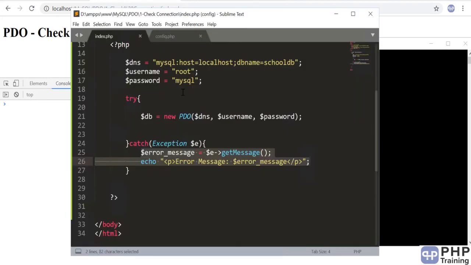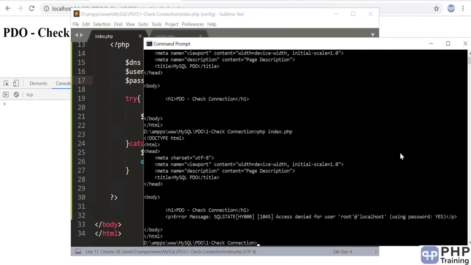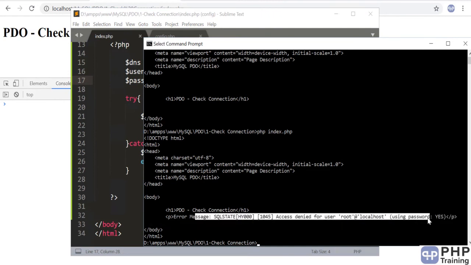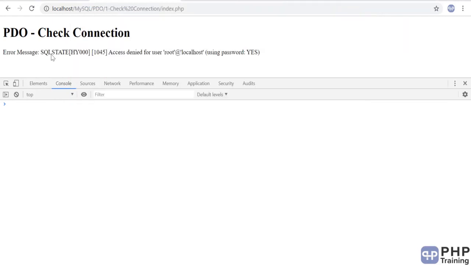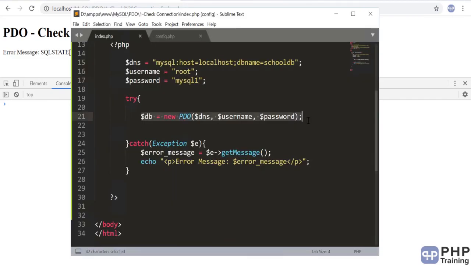Okay, so what we can do, we can change the password. Okay, we can execute the code, then you see there is an error message here. Even if you run this program, you will see an error message here. All right, so this statement is a very powerful statement because it is basically doing all the connection for us. We even tell it how to connect, what driver to use. We just told it it is MySQL, that is the database name, this is the server, and this is my user ID and password.